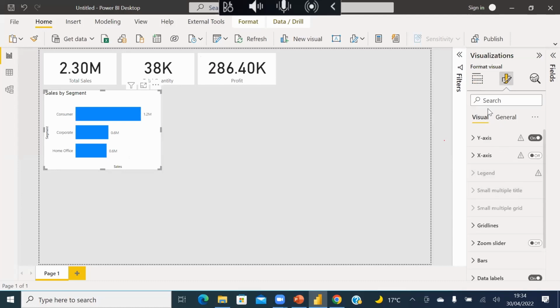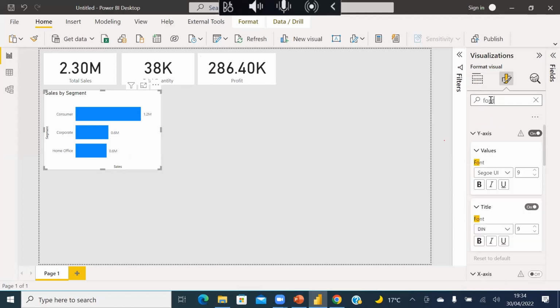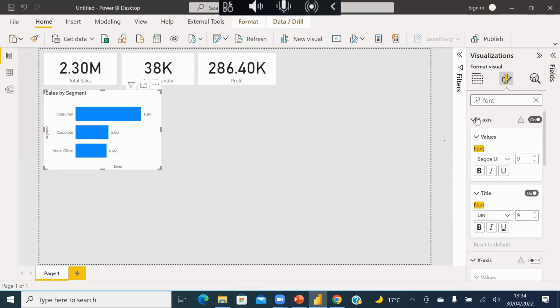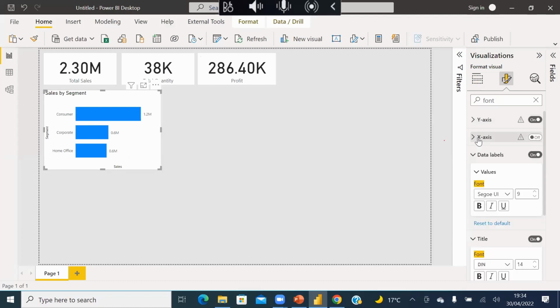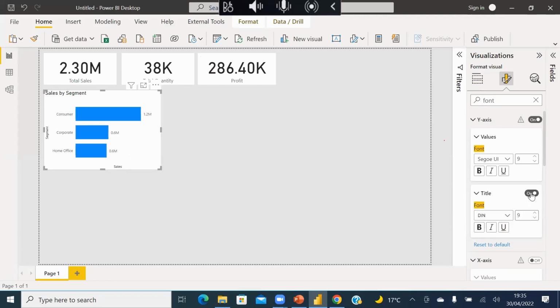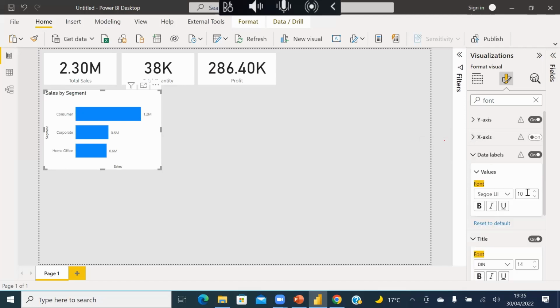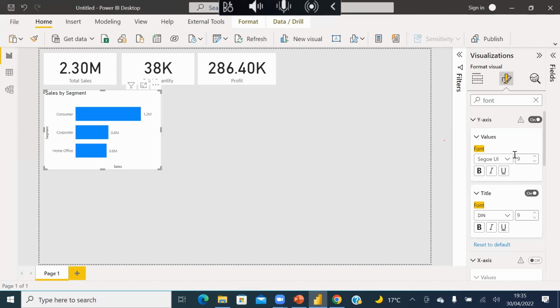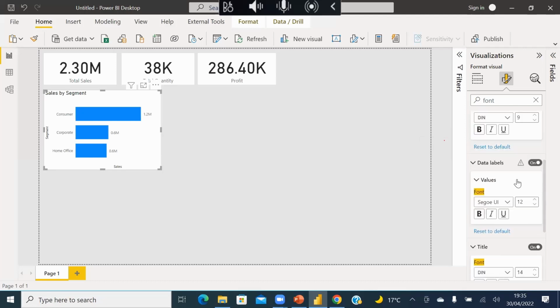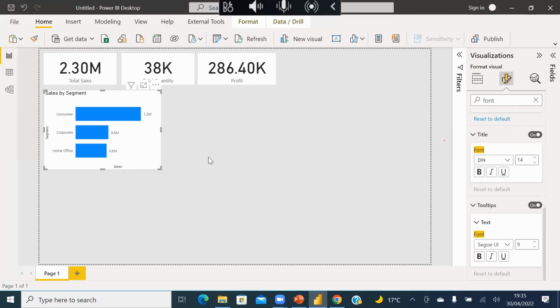If you don't know where to find it, just search for font. Search for font, and you see for y-axis, we're not doing that. For x-axis, we're not doing that. For the data label, we can increase the font to maybe, let me see, let's say 12, right? For the data label, or 14. We're in the y-axis here. Let me do 12. X-axis, we've turned off x-axis. We don't need that data label. You can also use 12. Data label 12. Then, yeah, so this looks fine.